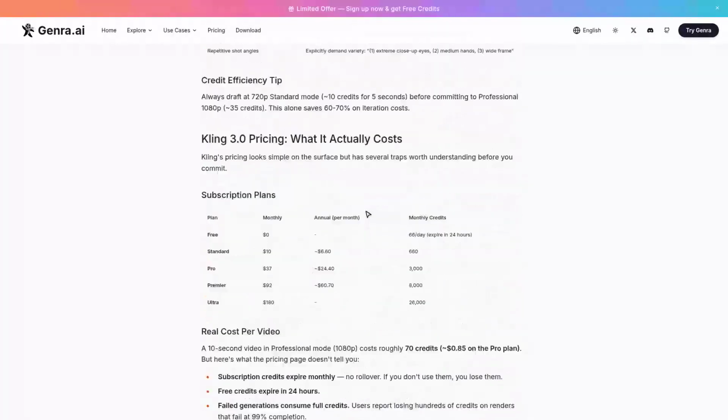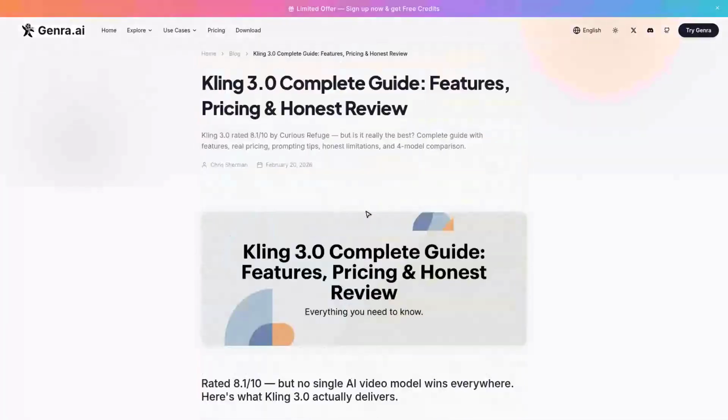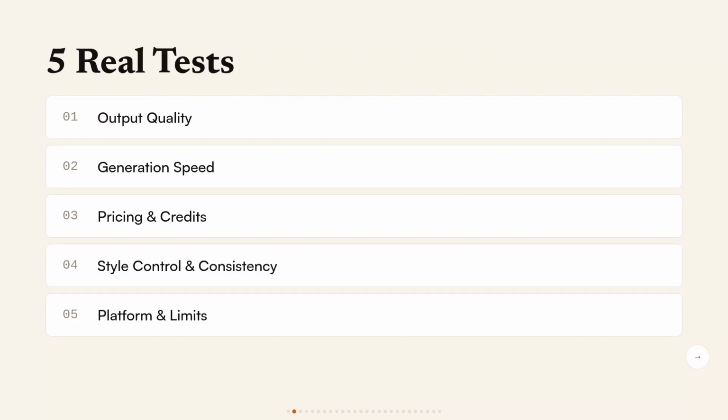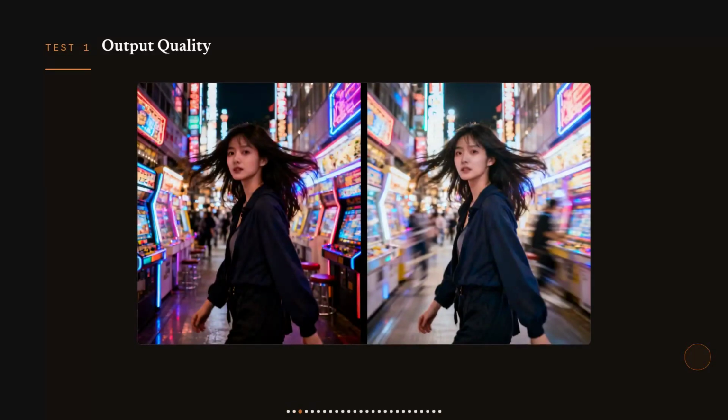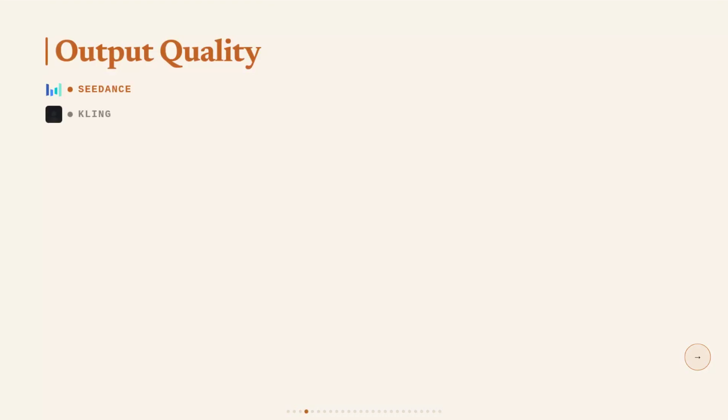This settles it with 5 head-to-head tests and an honest scoreboard, so you know exactly what's proven and what's still just talk. Test 1. Output quality. If you render a batch of client-facing clips and the output looks soft or inconsistent, you're the one re-rendering on